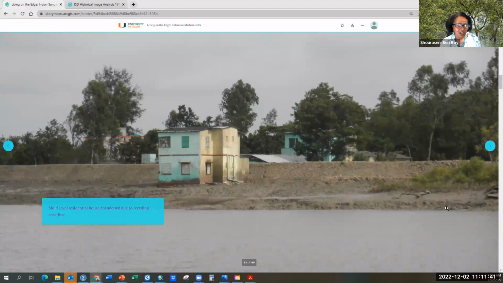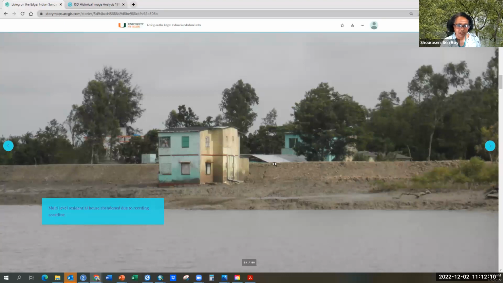One thing I also wanted to point out was that the islands are constantly trying to protect themselves from inundation, flooding, storm surge, and sea level rise. So what they do is they build these mud embankments. What we have elsewhere are concrete seawalls, but here they just build mud embankments. Some islands have concrete brick embankments, and some have just these mud embankments.